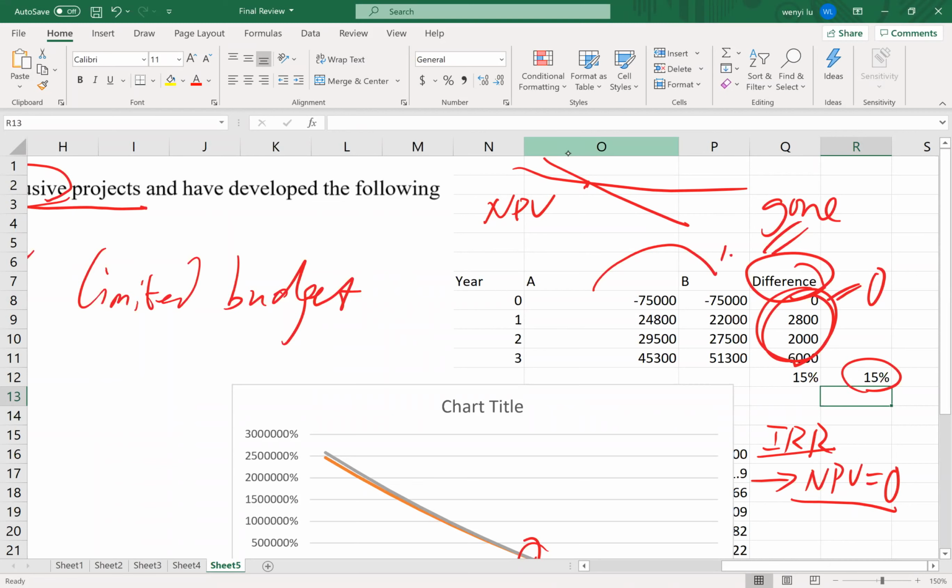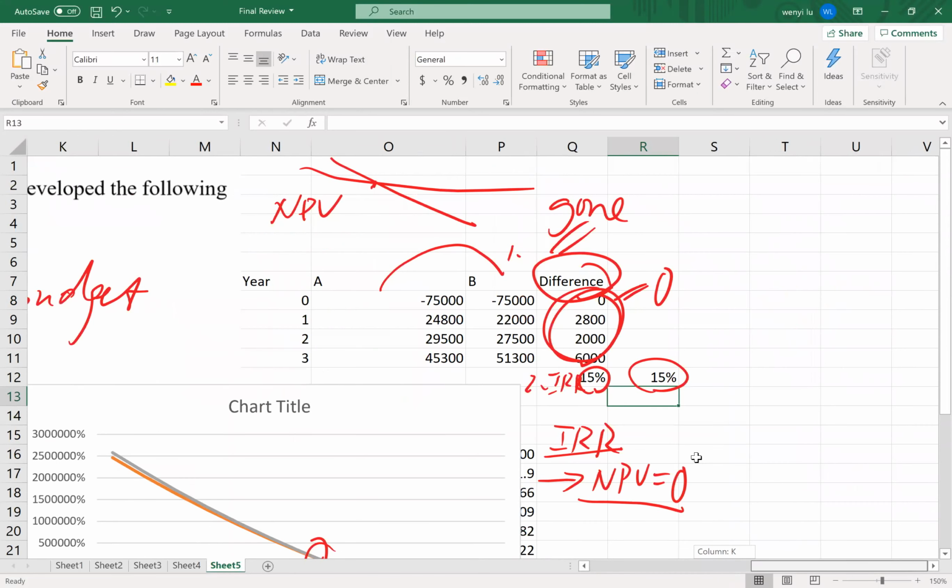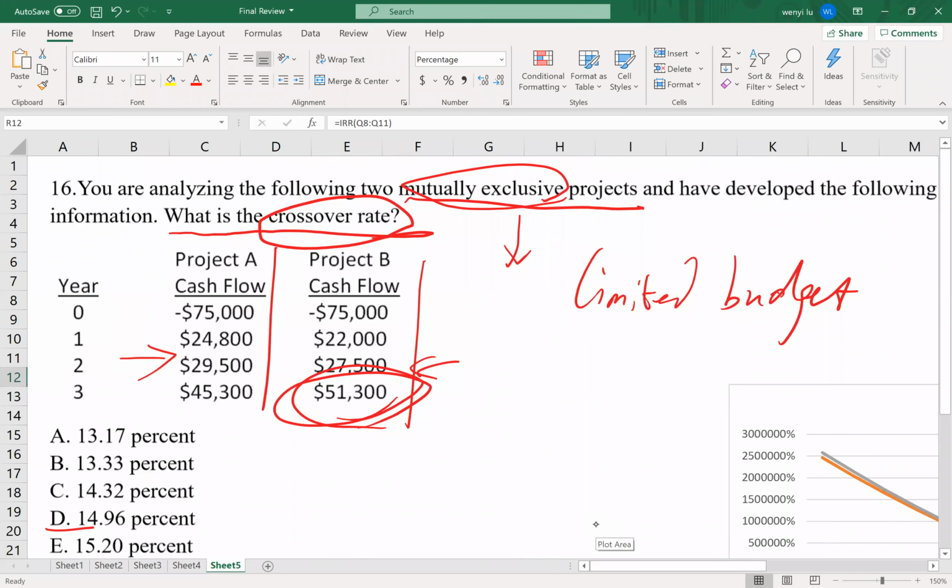So the first step, you take a difference, then you use the IRR to solve these numbers for these differenced cash flows. So that's our crossover rate calculation, which is equal to 15%. And if you want to make this number more precise, you can add more decimals. Adding more decimals, it equals 14.96%. So that will be choice D. Let's follow our cost of